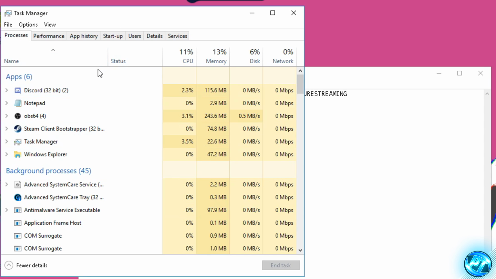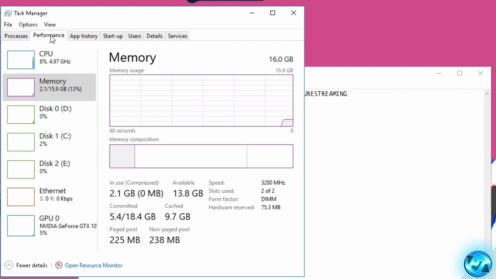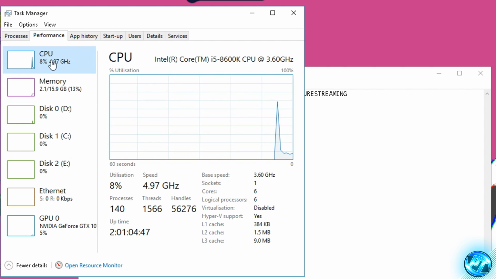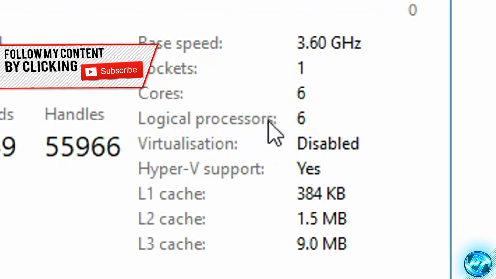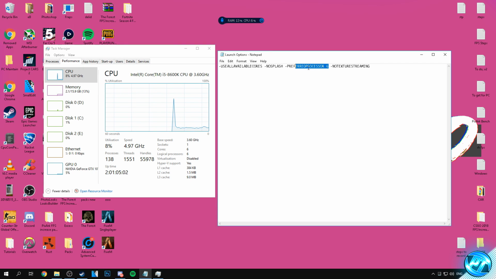Once you're inside of Task Manager, simply go up to the Performance tab found here at the top, then click on CPU, and within here you need to scroll down to the right hand side, and you'll notice there is a field called Logical Processors. As you can see, mine says Logical Processors 6, and that is why my launch options here are set to Preferred Processor 6. So what we're going to be doing is matching the logical processors number on your machine,